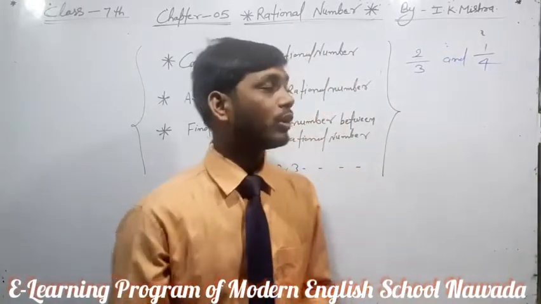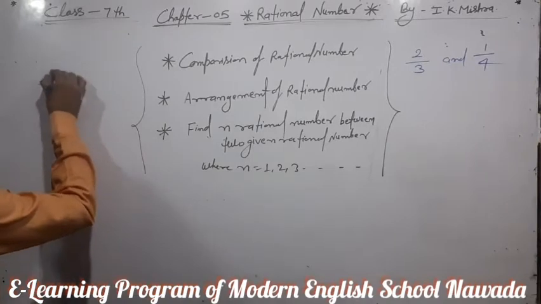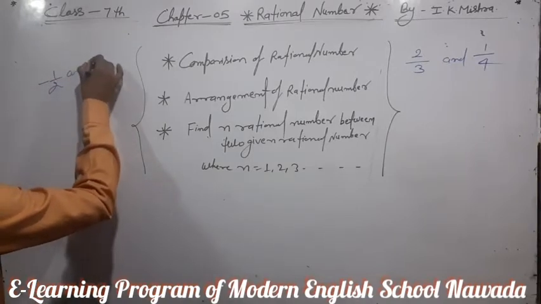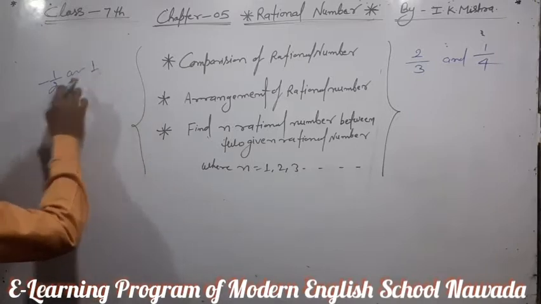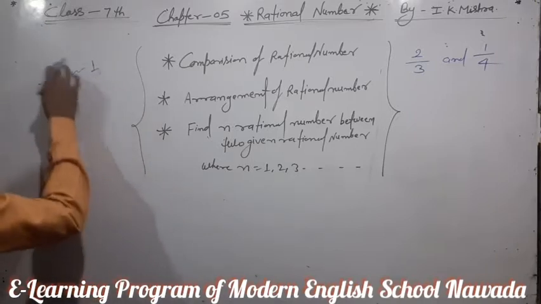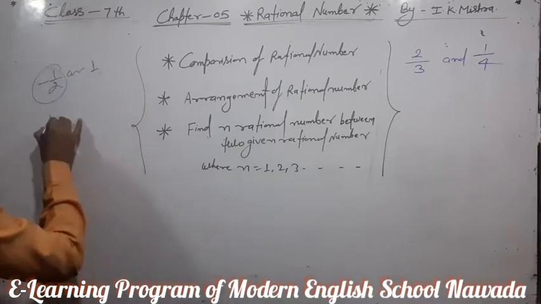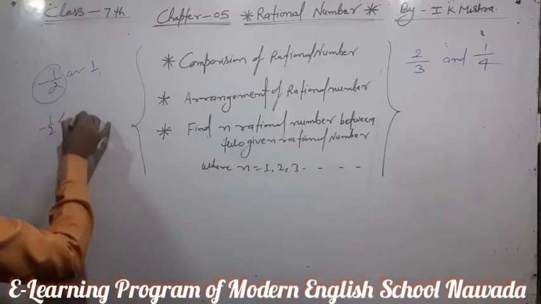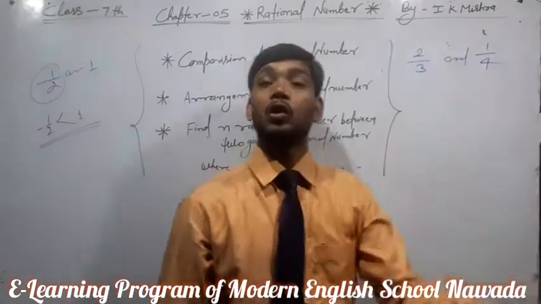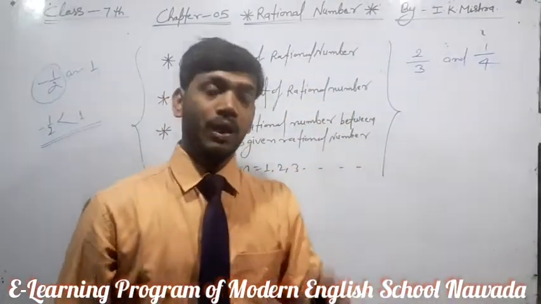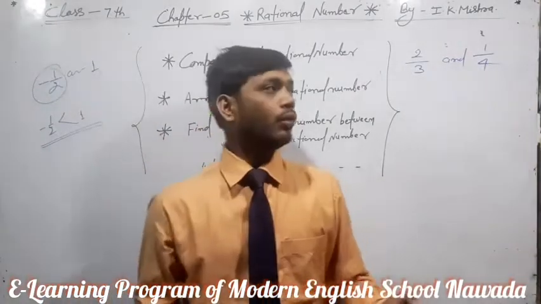Suppose you have to compare minus 1 by 2 and 1. 1 is also a rational number. If you compare minus 1 by 2 and 1, then clearly minus 1 by 2 is less than 1. But if there are two positive rational numbers or two negative rational numbers, and we have to compare which is smaller and which is larger, then we have to follow the rule of